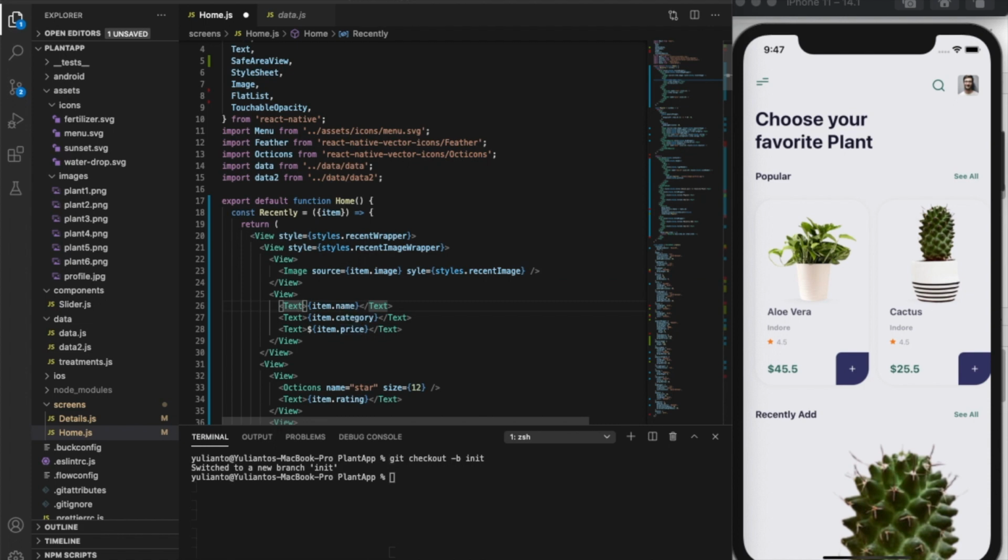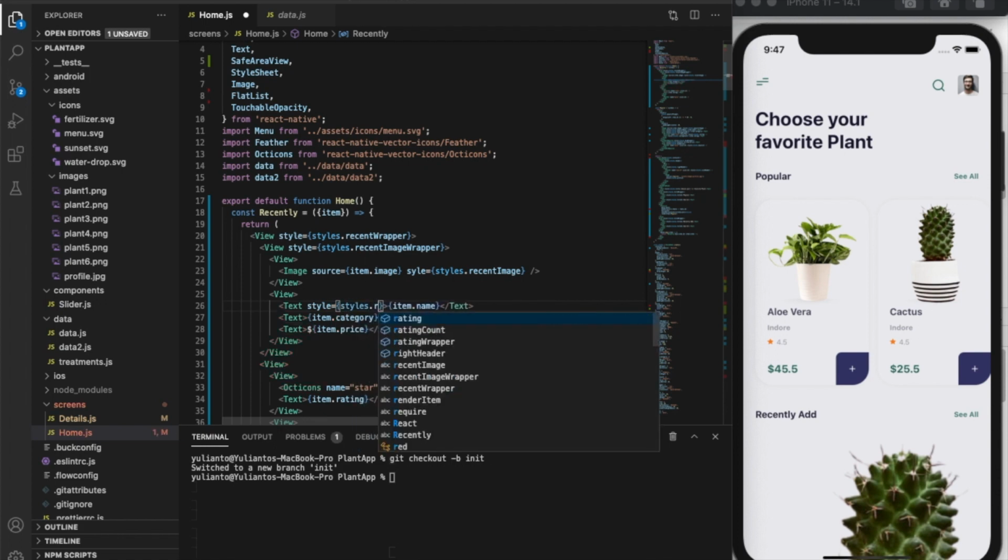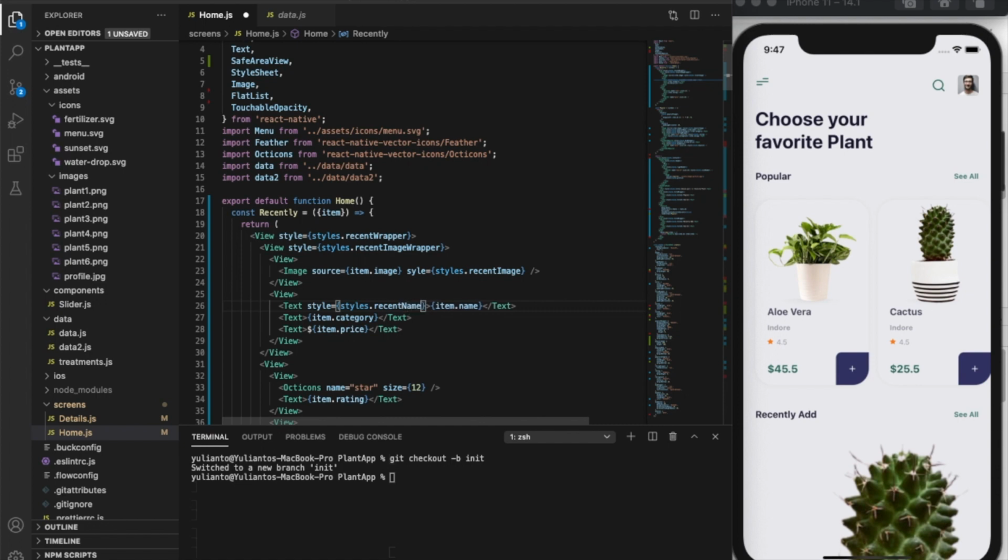Here recent title means the name, and this degree, recent price,